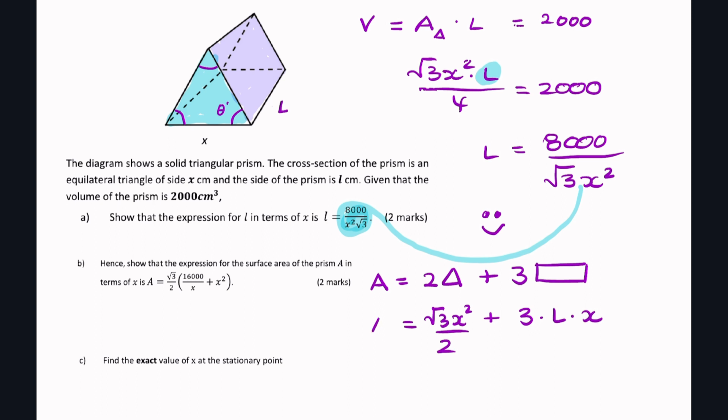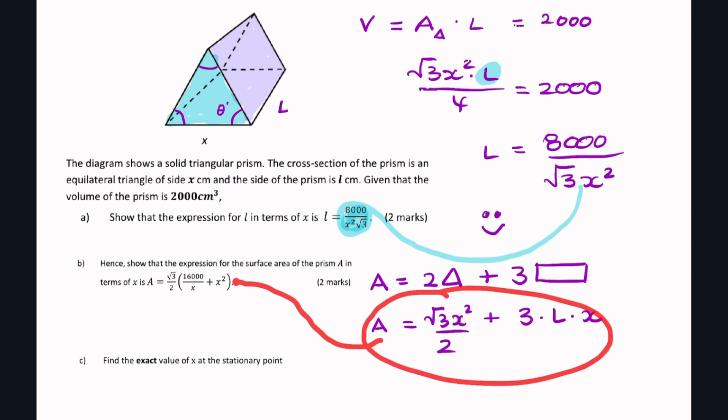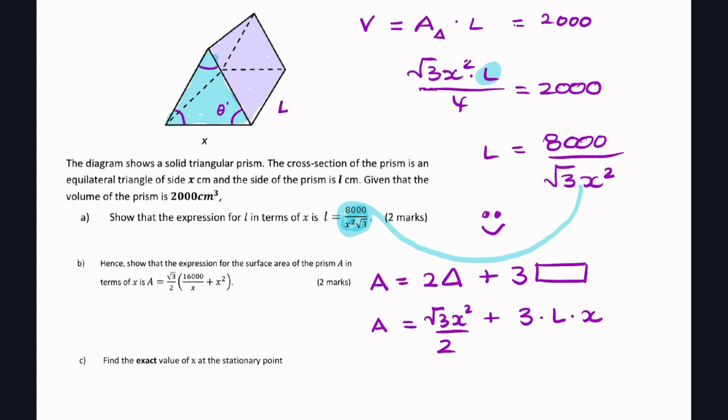So that's my expression for A. Does that look like that? No, because here there is no L, whereas here we have an L. And that's why they said hence. That means using this expression, we can replace what we found previously for L, we can replace our L with